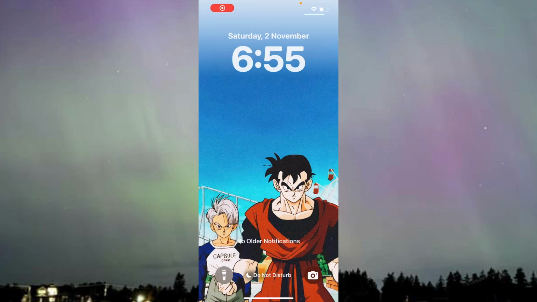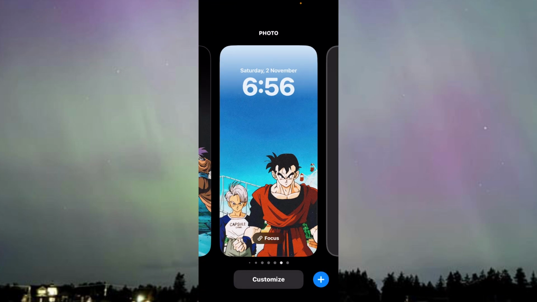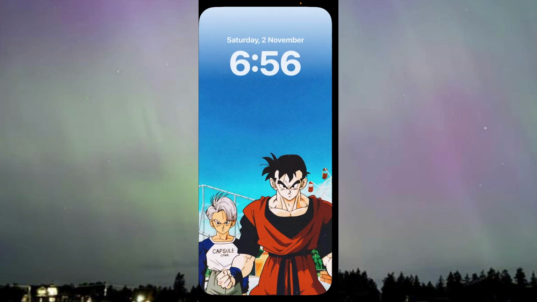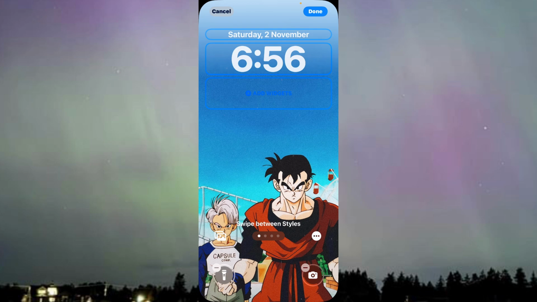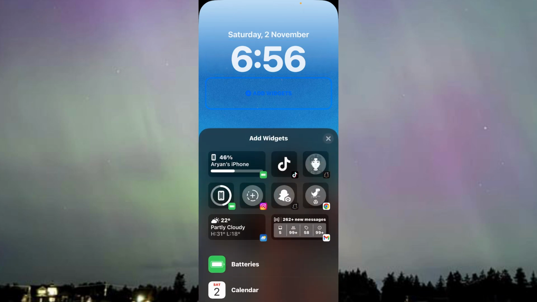So yeah, here we are on our lock screen, and here what you need to do is just tap and hold your lock screen just like this. And once you do this, it will bring up this whole customizable thing. So you just got to go ahead and press customize and then lock screen. And now here you can do pretty much all of your customizations, and here, as you can see, it says add widgets. So if I go ahead and press on add widgets, it will show me all the widget options